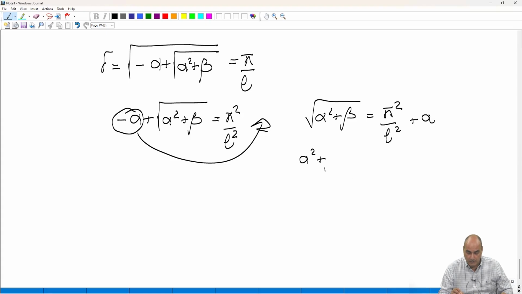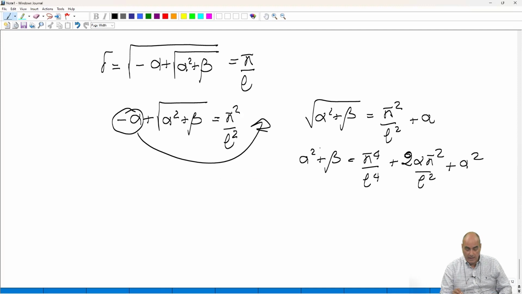So the square root of alpha square plus beta equal to pi to the 4 plus 2 alpha pi square over L square plus alpha square. Alpha square and alpha square I can simplify. And I find beta is equal to,